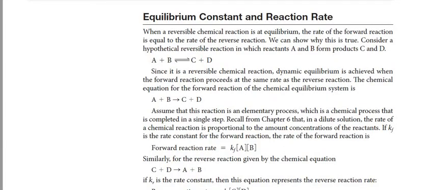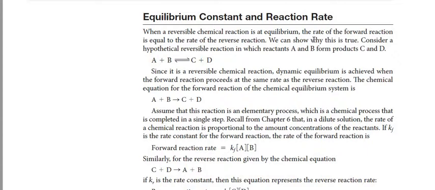Now in this part we have equilibrium constant and reaction rate. When a reversible chemical reaction is at equilibrium, the rate of the forward reaction is equal to the rate of the reverse reaction. So at equilibrium, as we had it earlier, the rate of the forward reaction equals the rate of the reverse reaction. Now we can show why this is true. Consider a hypothetical reversible reaction in which reactants A and B form products C and D. Since it is a reversible chemical reaction, dynamic equilibrium is achieved when the forward reaction proceeds at the same rate